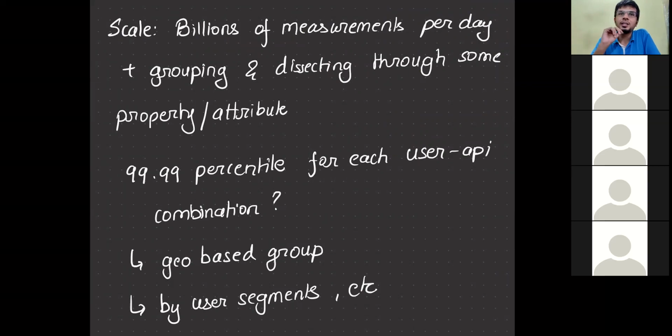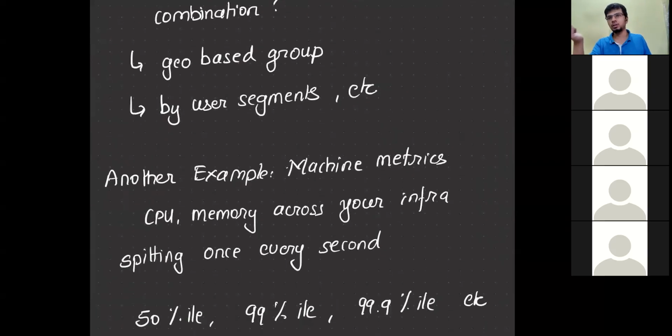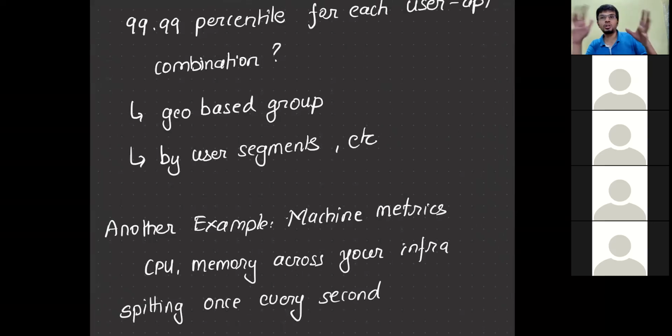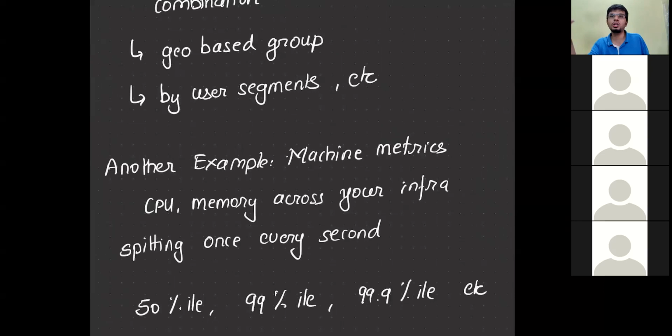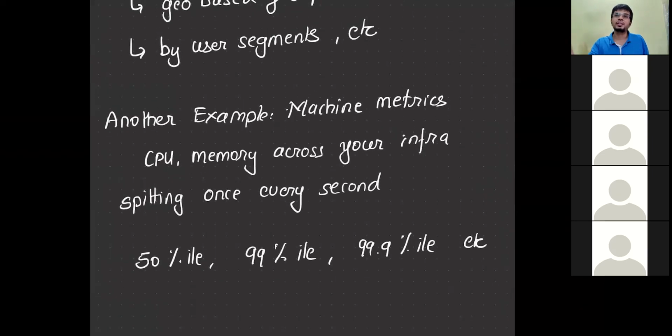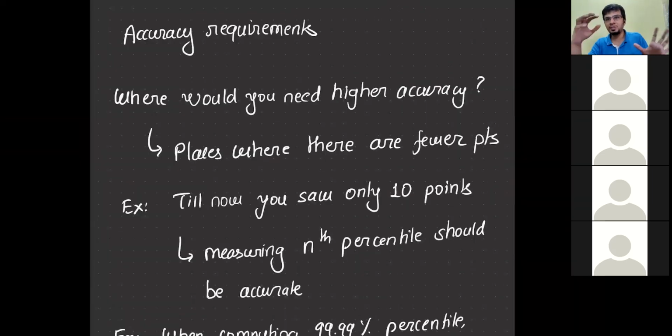Here another challenge comes in: billions of measurements per day, plus with Neuralink, Datadog and all, another challenge that comes up is grouping, dissecting and finding out patterns and whatnot. That is a different problem, but here at least, finding the 99.99 percentile very quickly should be possible, plus split across your cohorts, like geo group cohorts, user segments. You create custom user segments, you'd want to compute around that. So all of these things, how will you do it? There is much breadth of the system that we're dealing with here. Anywhere you see percentile, think about this algorithm.